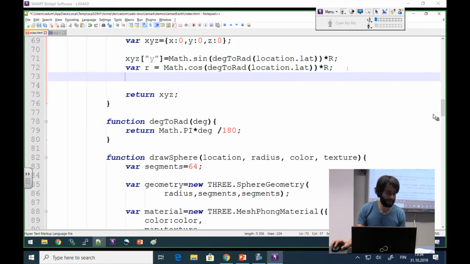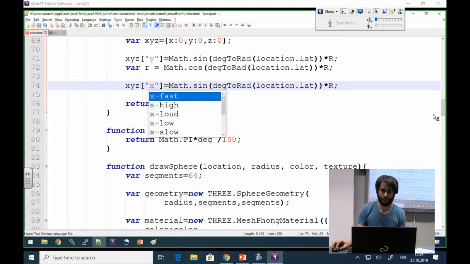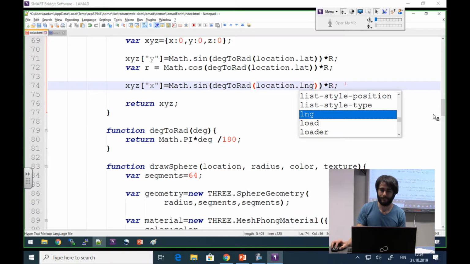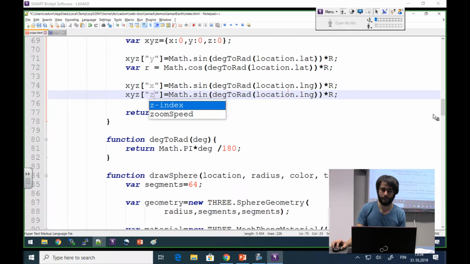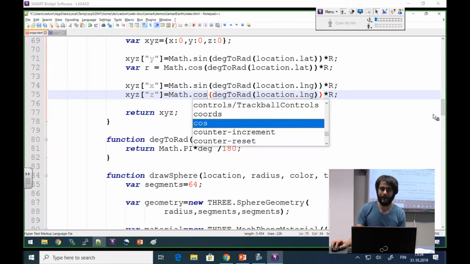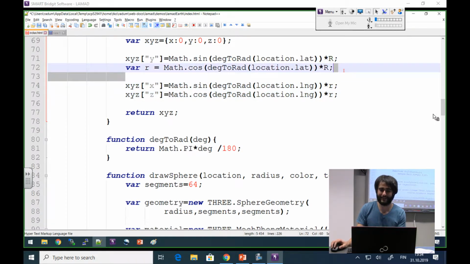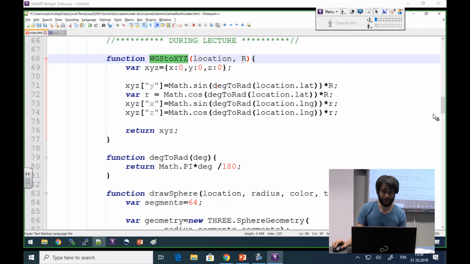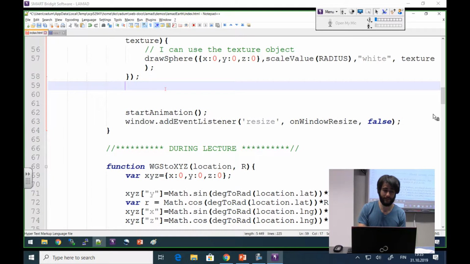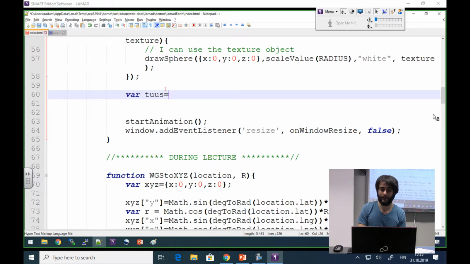And then how about the value of x? Sine of beta times r. And z? Cosine of beta times small r. Ah, sorry, yeah, okay, small r there. Yeah. Okay, so now we have WJS to XYZ. So if I say tuusniemi is equal to WJS to XYZ of the big global variable that I did there, I get XYZ coordinates for tuusniemi,